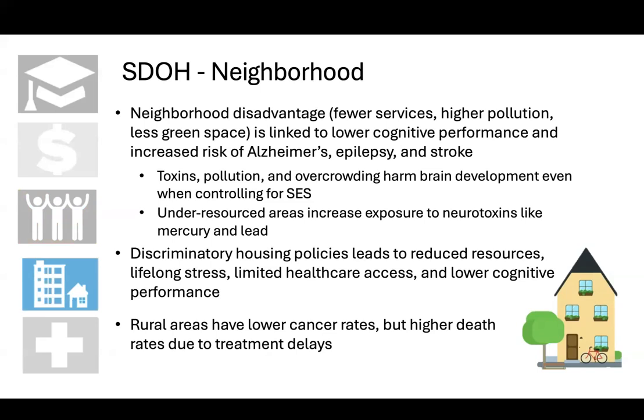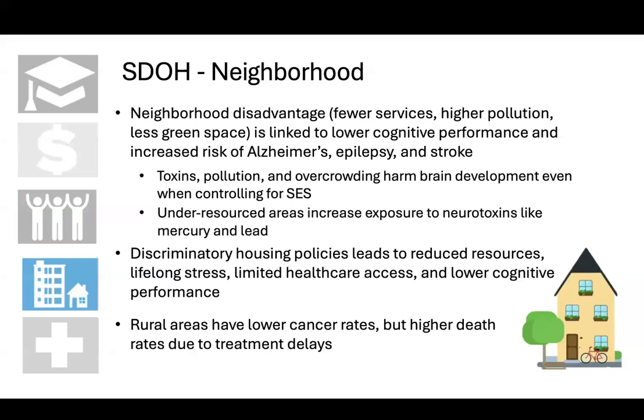So these areas have more toxin, pollution, and overcrowding, which are not great for brain development. And this is over and beyond what we talked about in the slide on economic disadvantage. Additionally, there are high levels of neurotoxins, including mercury and lead, in some of these areas, and there's no safe level of exposure to these neurotoxins, so it's very important to pay attention. And then additionally, there have been discriminatory housing policies. So certain groups are in areas that have reduced resources, increased stress,